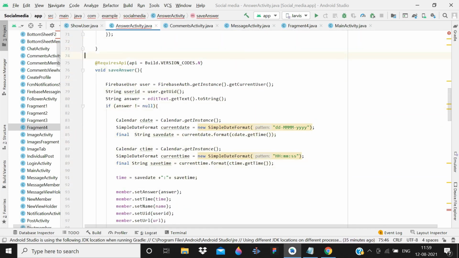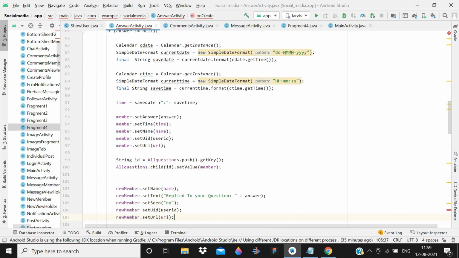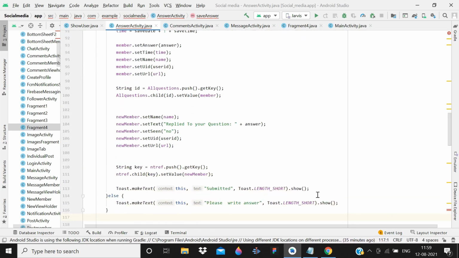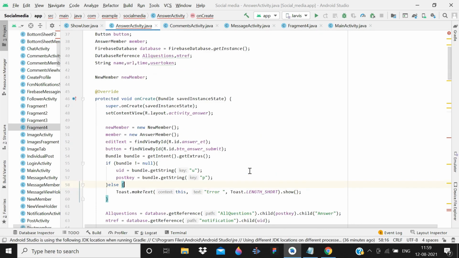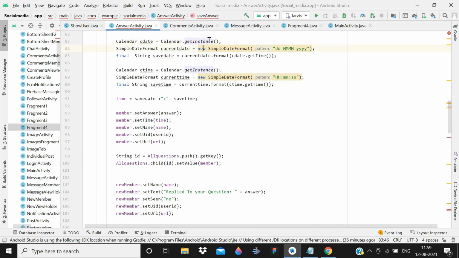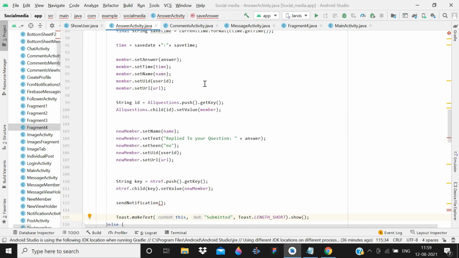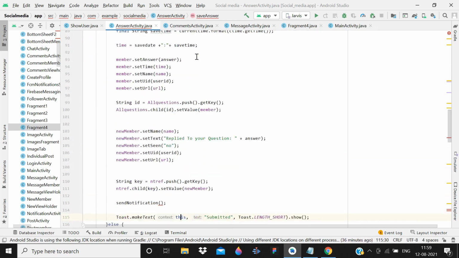Yes, Firebase user. So what exactly are we doing here? Button click, save answer. Yeah, so we are calling that method here, where we are submitting that answer. First of all, call the method send notification, and now we need the user ID of the user on whose question we are commenting. So here we need the previous activity's user ID. Here we are getting that UID, which is that question's UID. You have to pass that value, and user ID is our own ID, and UID is that user's ID.